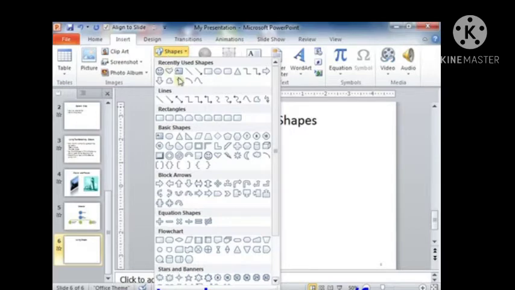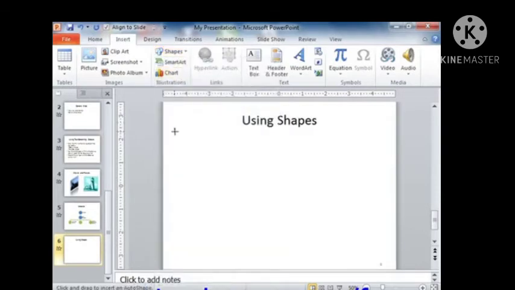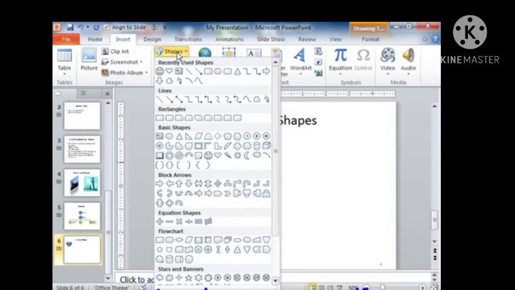Click on the Insert tab. Choose the Shape option from the Images group. You can select any shape, like a heart. Choose a shape from the options available and move the mouse to the slide, and click the mouse to place the shape. We can resize the shape by dragging the circles at its corners and sides.